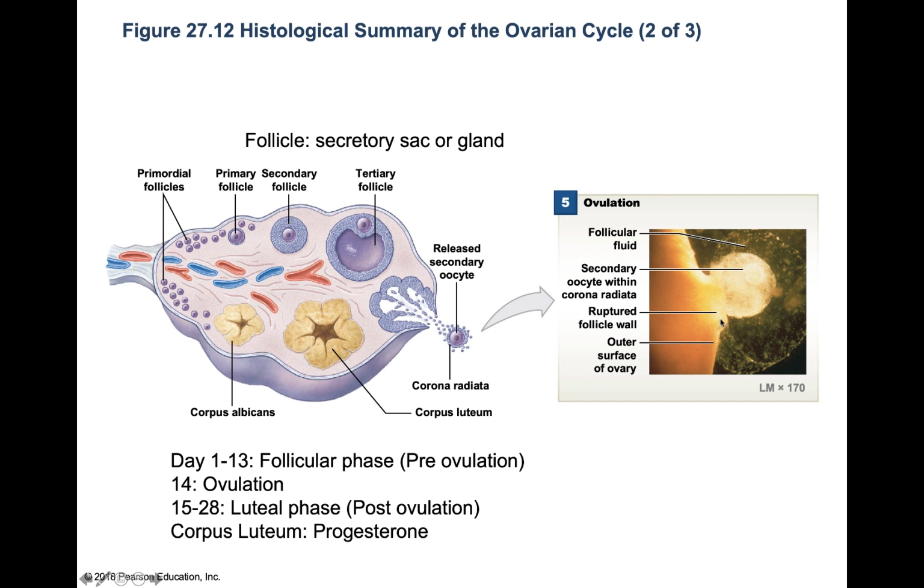On this picture, you can see the egg popping out here, and that would be day 14. So what we're going to talk about next is what's going on that leads up to the ovulation: what type of hormones are being released, what's changing, and what leads up to the ovulation. And then we're going to talk about what happens after ovulation if you get pregnant, and what happens if you